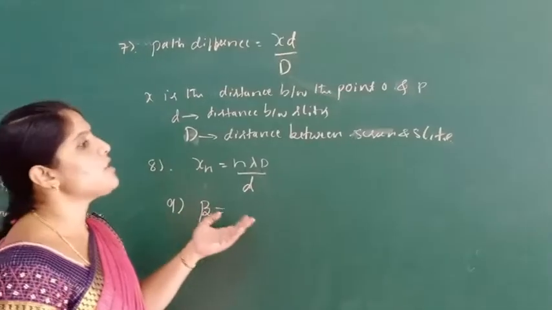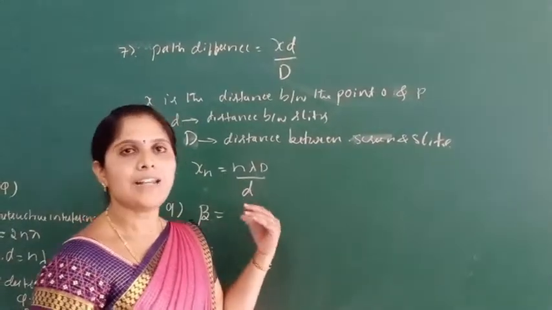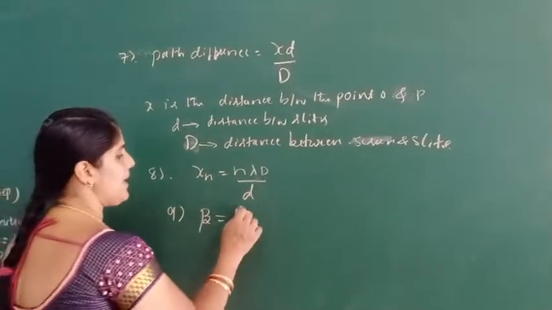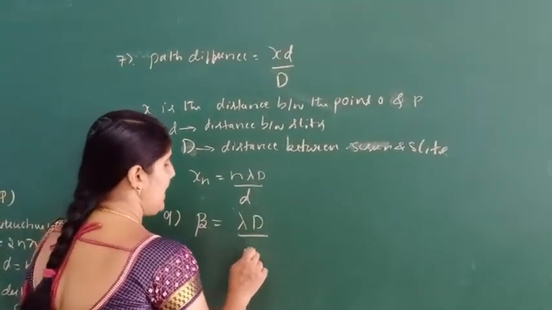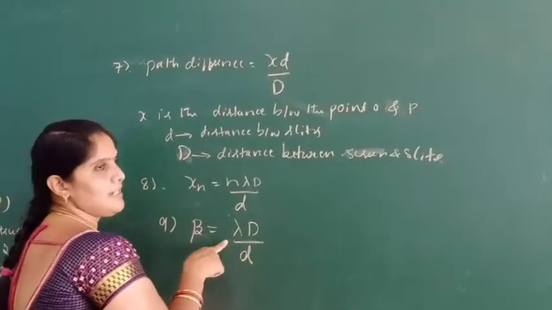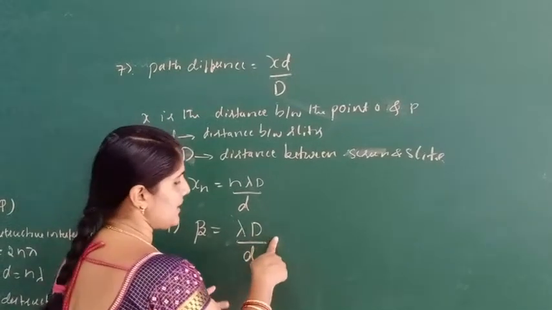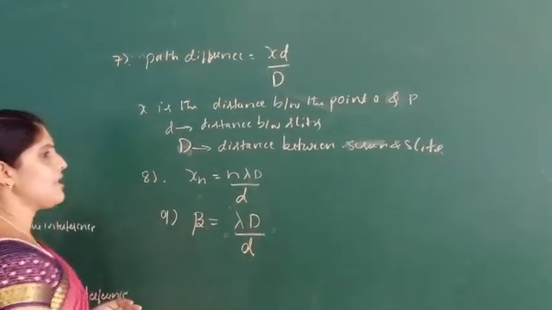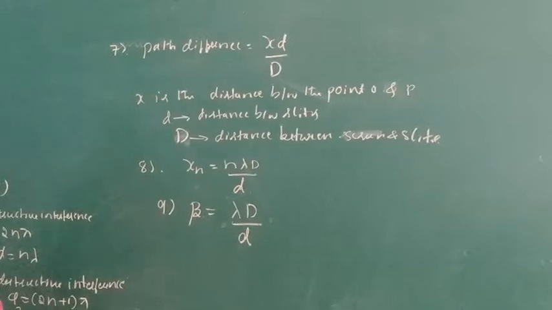That is given by beta is equal to lambda D by d. Here also lambda is the wavelength, D is the distance between screen and slit, and small d is the distance between the slits. Okay. Next, for